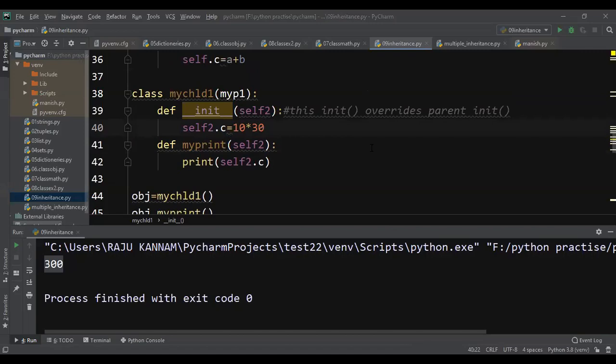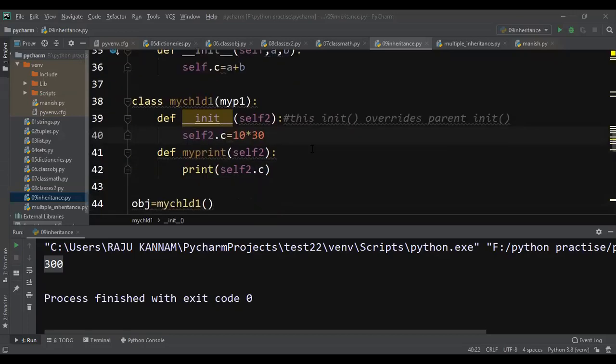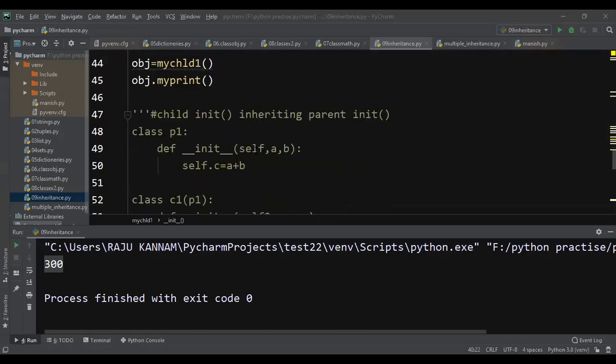Till now we have discussed one scenario: parent is having a constructor, child does not have a constructor. In that case, no doubt, the parent constructor will be used by the child, right? Then in the second scenario, child is having a constructor, parent is having a constructor, but only the child constructor will be executed. Child won't execute the parent constructor. Both are having their own constructors; child will execute its own constructor. It will not depend on the parent constructor. It will hide that parent constructor. Okay. Is it clear?